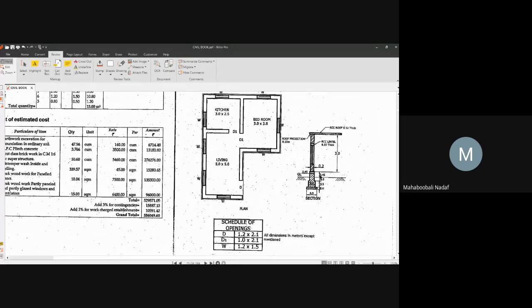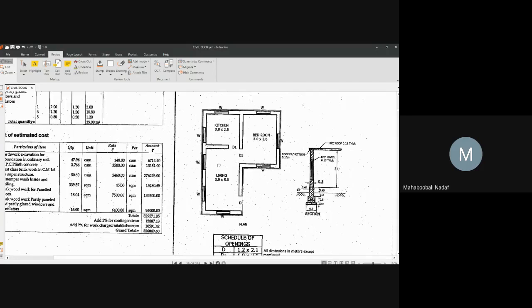Now we are going to do it with which method? Any method is possible. Now we are going to do it with the center to center line method. Whenever you have been given the option, do it by the center line method because it is very easy. Yes or no? Okay. How much is the total center line length?